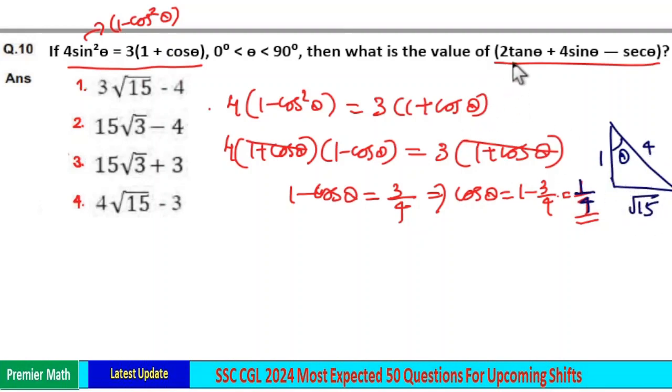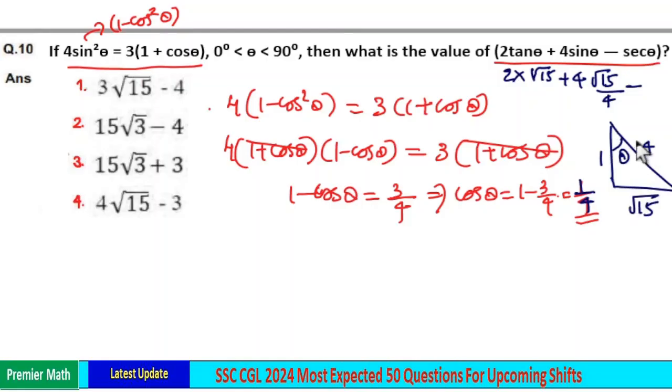Now from this we can find 2 tan theta. 2 into tan theta is equal to opposite side by adjacent side, that is root 15 by 1, plus 4 into sin theta is equal to opposite side by hypotenuse, that is root 15 divided by 4, minus sec theta